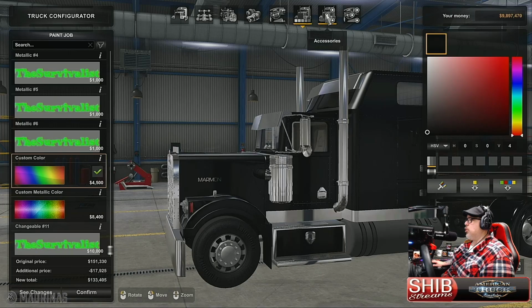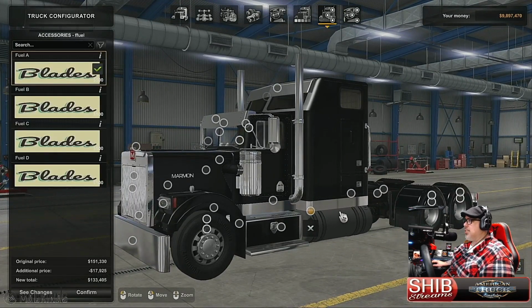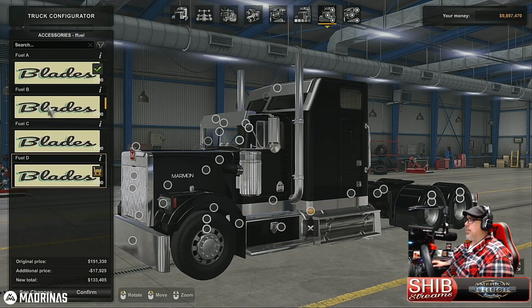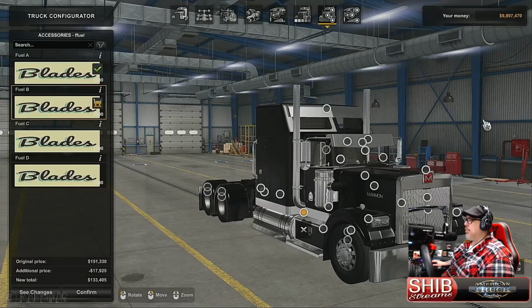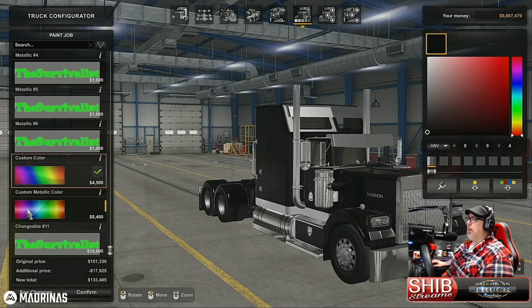And then if we switch over, you can actually change steps. And don't worry, I know these seem like they're a little off color, but you can switch and go with the chrome. That's kind of how I went. I think I chose these here, but yeah, lots of different options. I highly recommend picking the truck. And then you have a bunch of